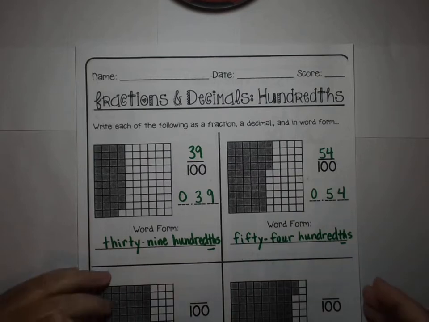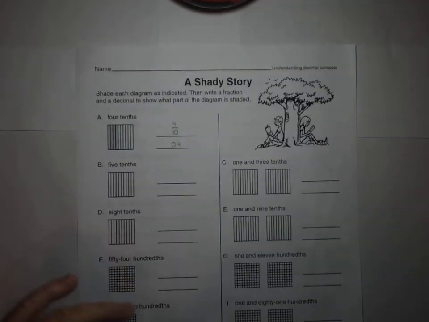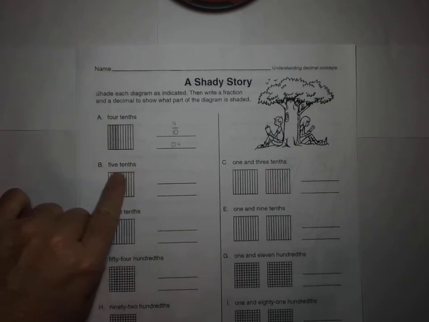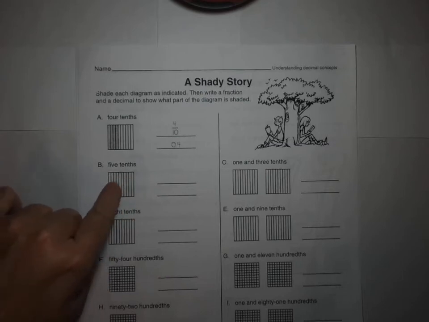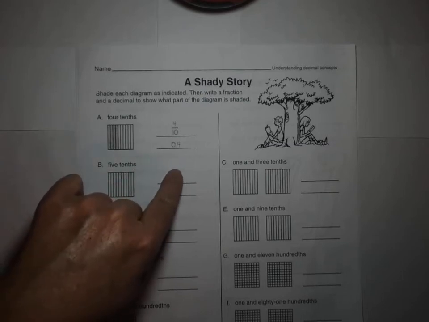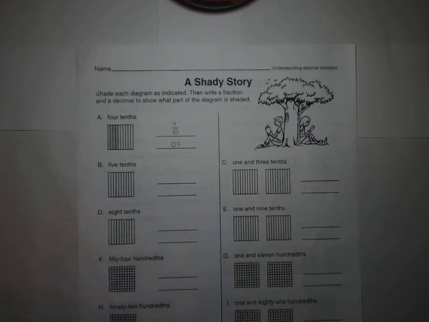2 examples of hundredths. So let's look at some other examples. So what if it gave me the word form and I needed to show it on my model, and I needed to write a fraction, and I needed to write a decimal. So this is really good practice. Okay, so we have to shade in the model to show